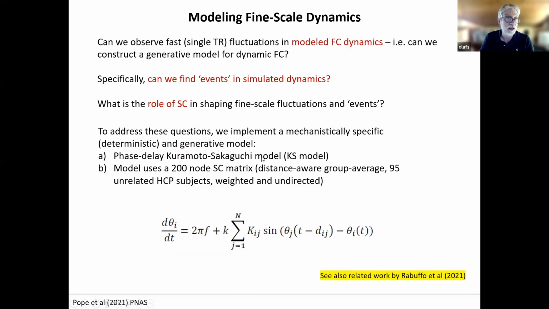So first, about the model. Fairly standard, I would say, Kuramoto implementation, Kuramoto oscillators with time delays. And then on top of that, a hemodynamic response function. We've seen these models illustrated before, especially in Victor's talk earlier on today. And our question was, when we simulate these types of models and perform standard analyses, will we find fluctuations that resemble the kinds of events that we see in actual empirical data? And the short answer is we do.